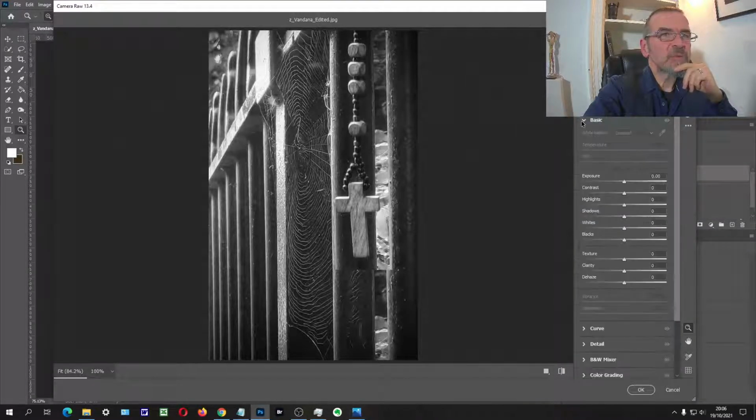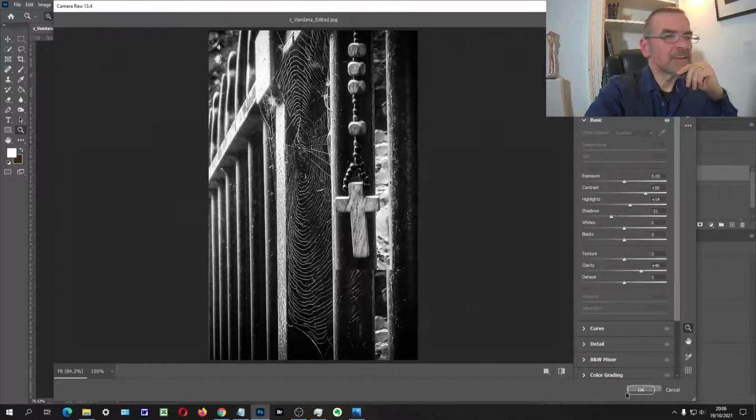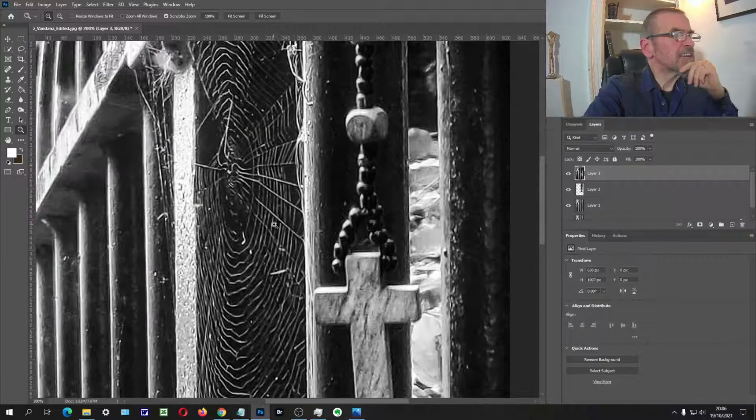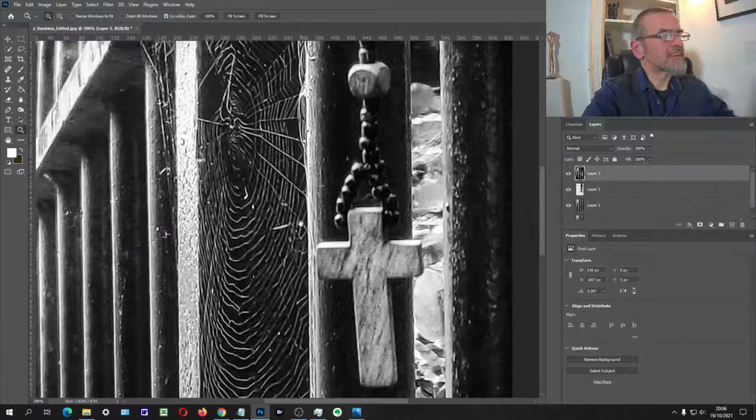And then I think maybe what you wanted to do, you could play with the contrast a little bit more. Bring the highlights up, bring the shadows down, maybe play with the clarity, something like that. And you can see here now that this is kind of more where the interest is. In fact, you could,